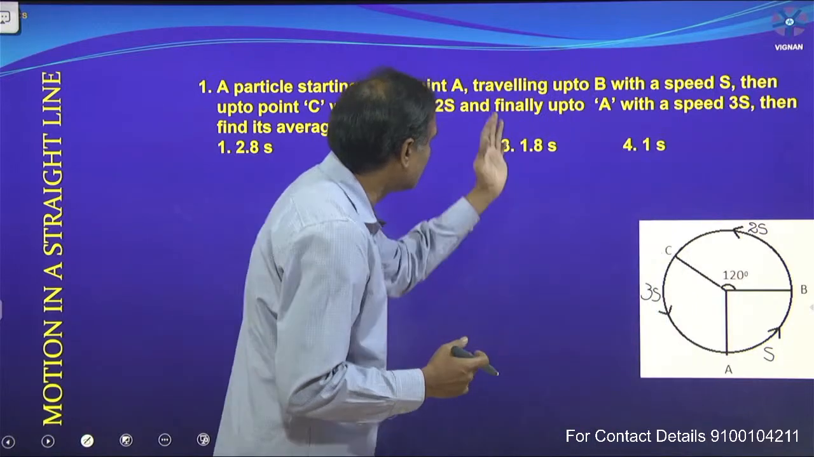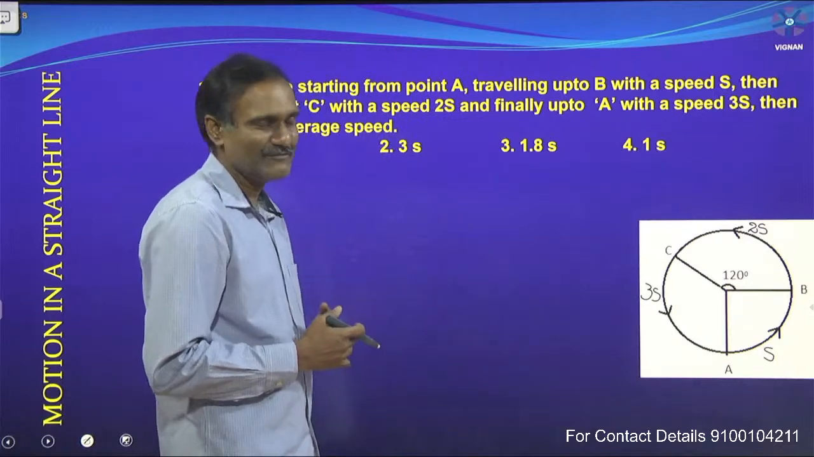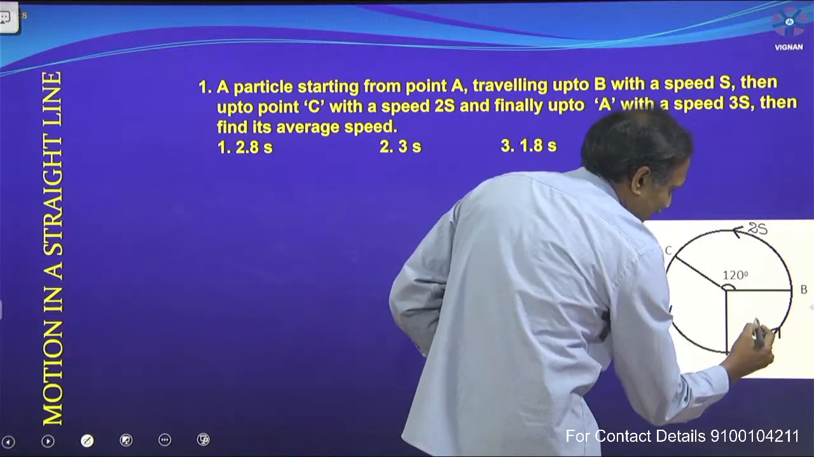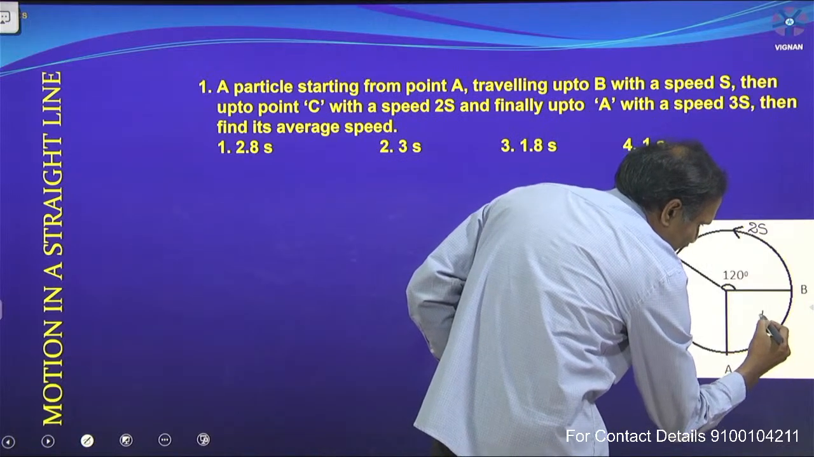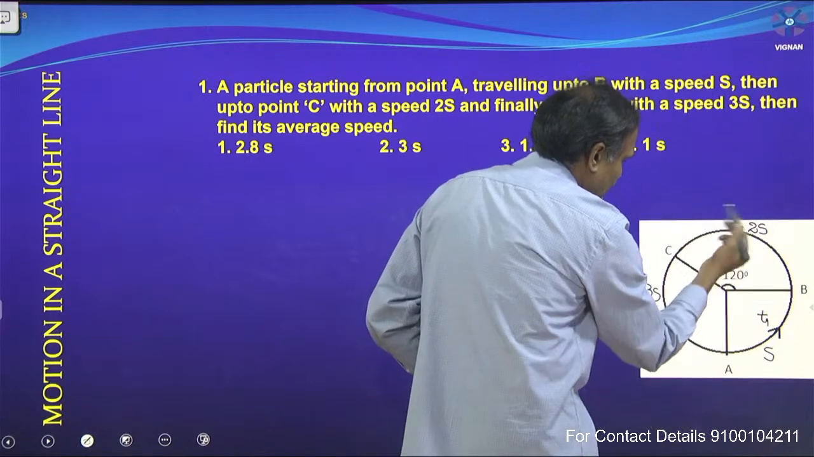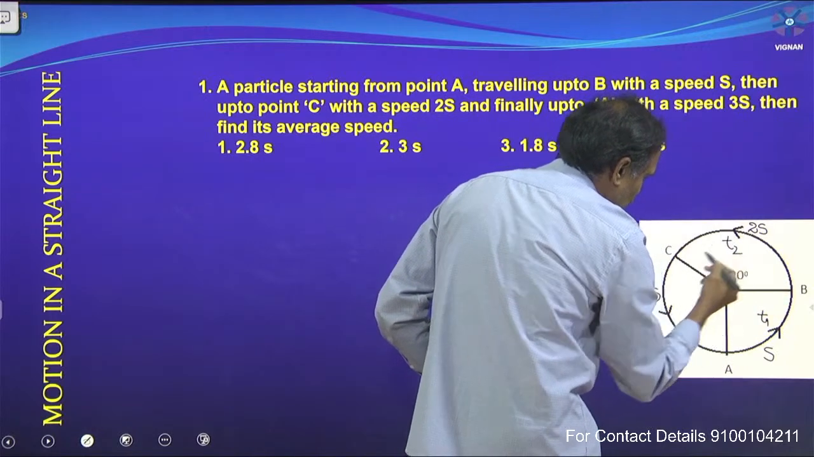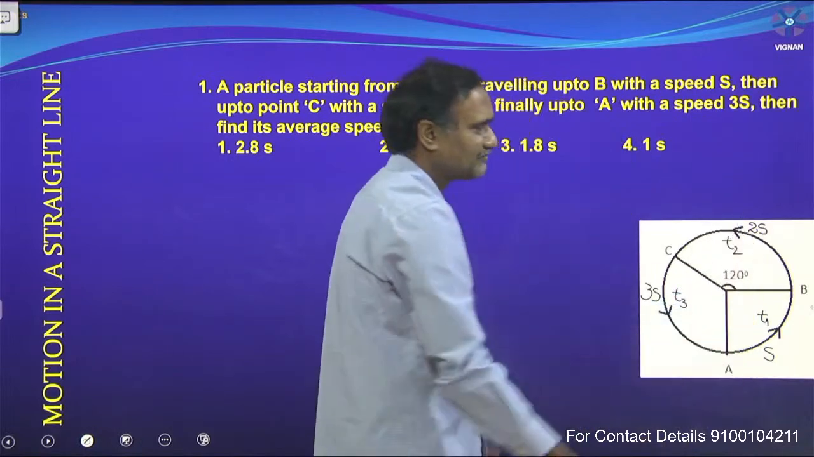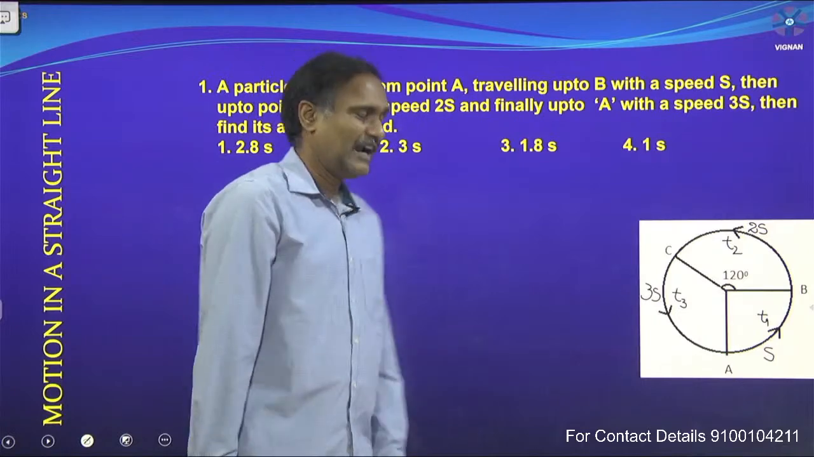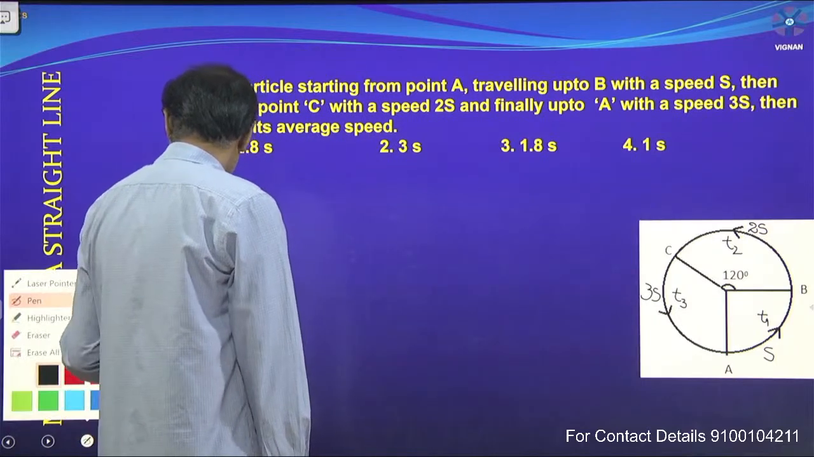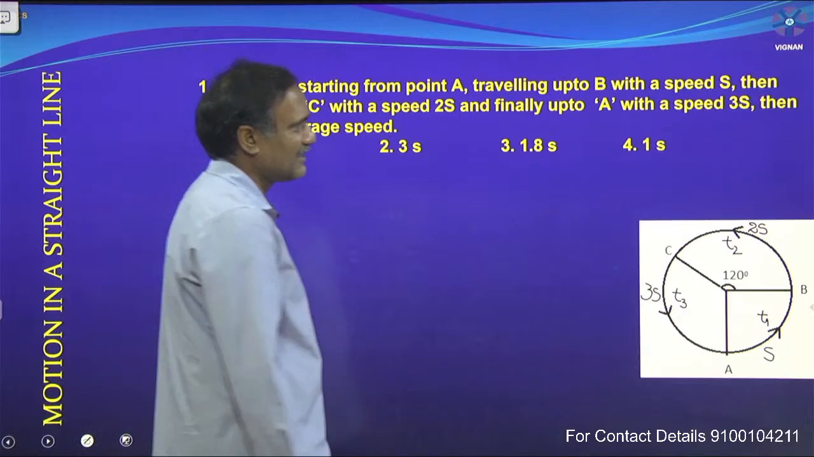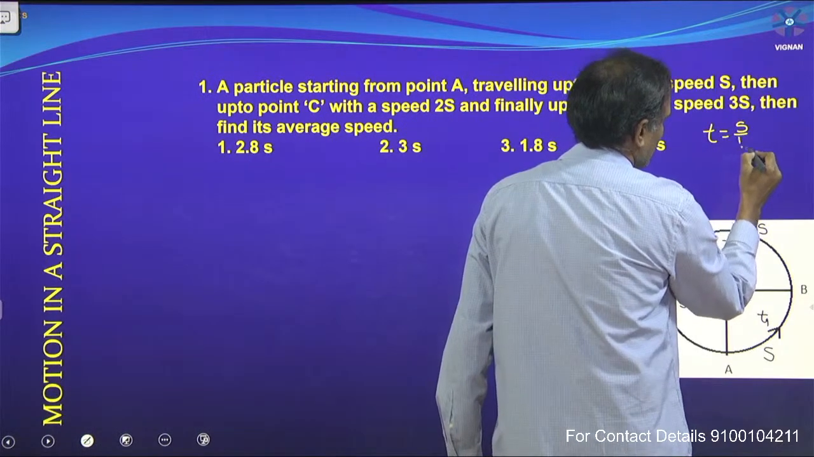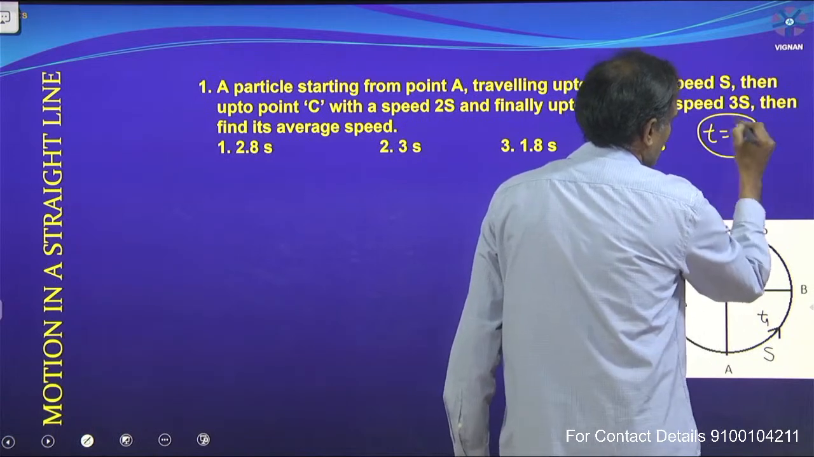Here the time intervals are not given. I want to consider those time intervals in this manner. For the journey A to B, time interval t1. For the journey B to C, time interval t2. For the journey C to A, time interval t3, and we know that t is equal to s divided by v. We know this formula,